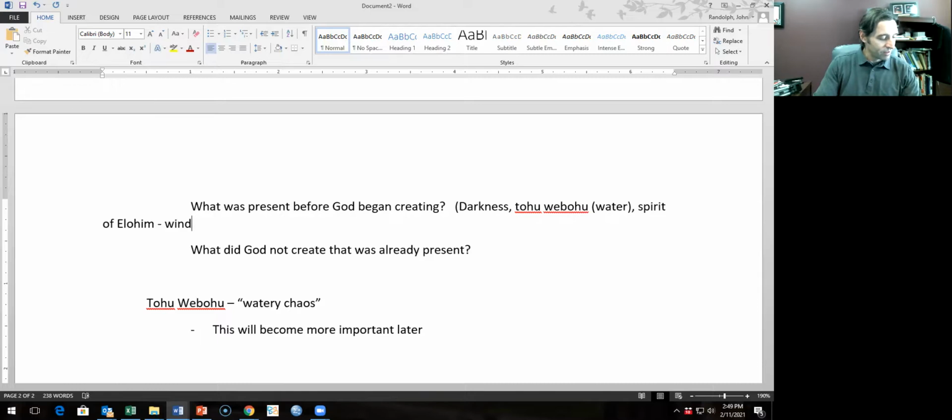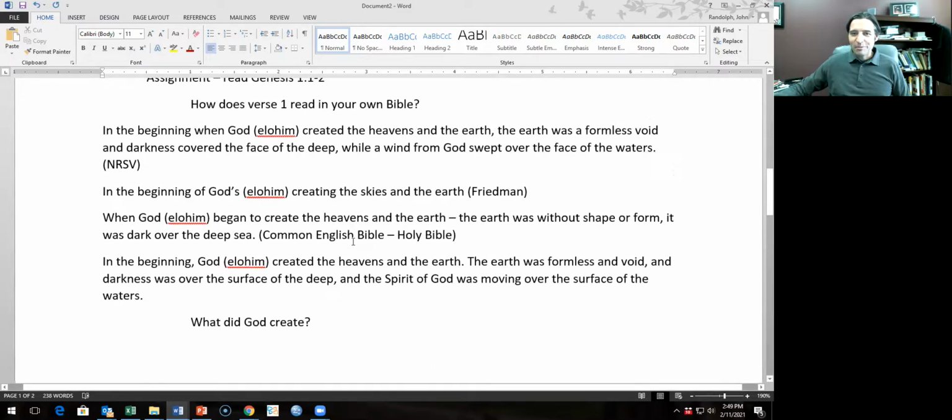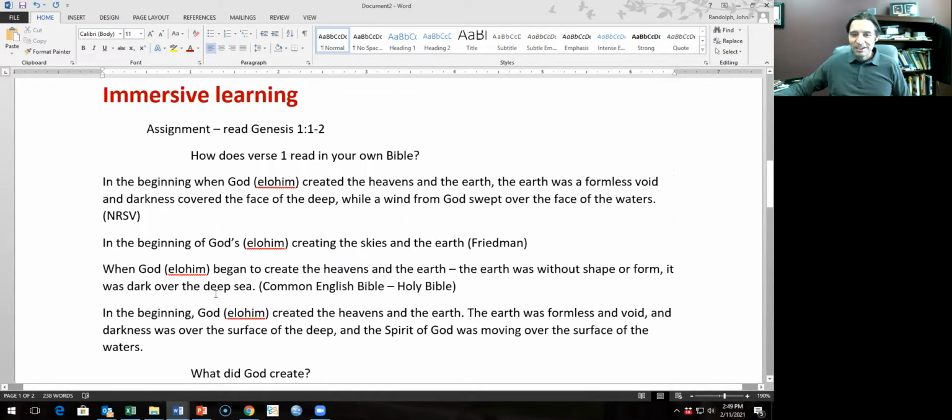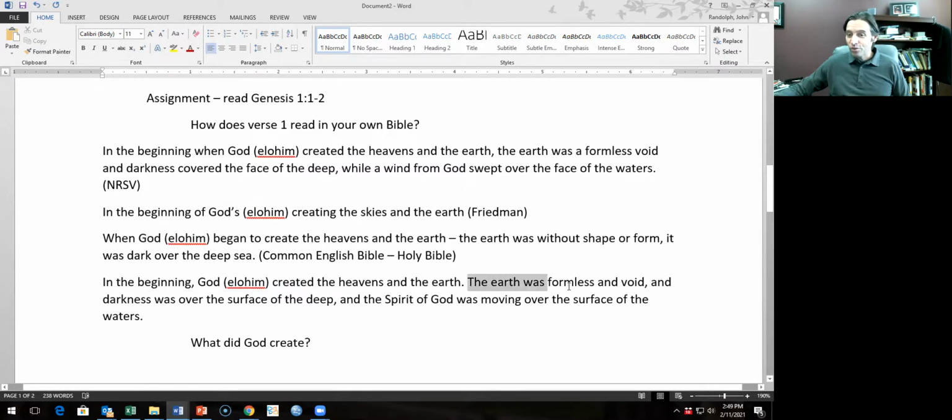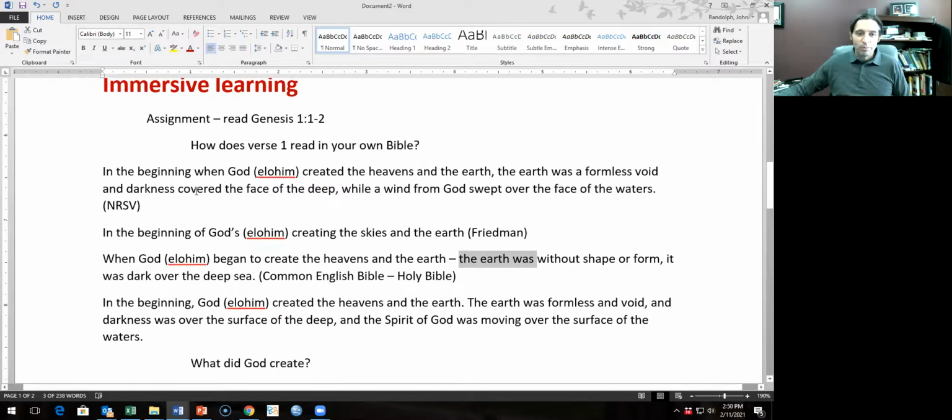And interestingly, it mentions earth. And so I think that may be why when God began creating, when God created, there's the earth. The earth was there. The earth was formless and void. Is that the universe? Maybe you could project our own understanding of the universe in there. But really, I think that the translators are better off saying the earth. But it's there. The earth was a formless void.